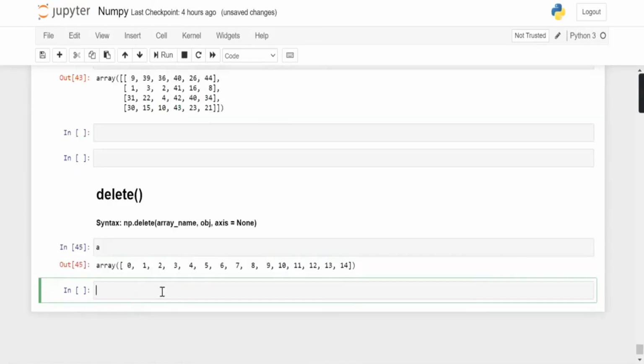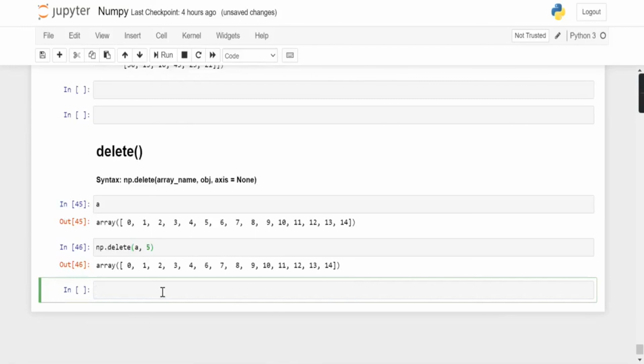So let's check on our array A, and now let's say I want to delete the element 5. For that np.delete A, 5, and when I run it the value 5 is missing.